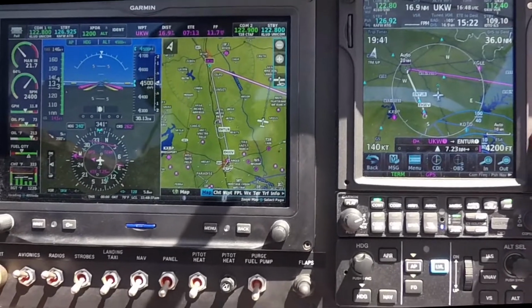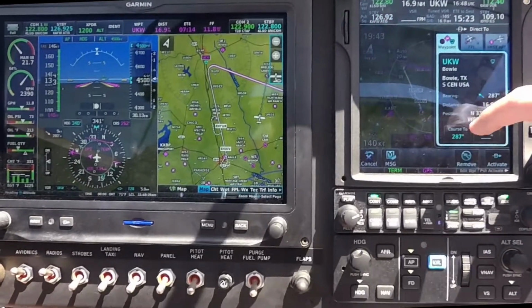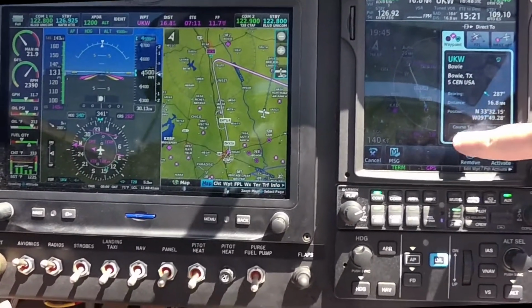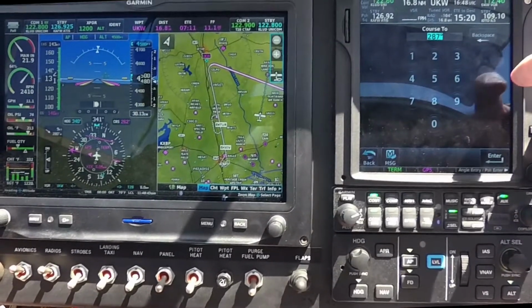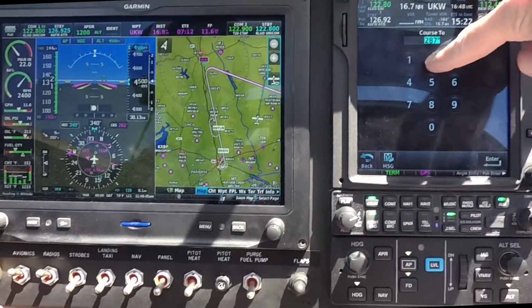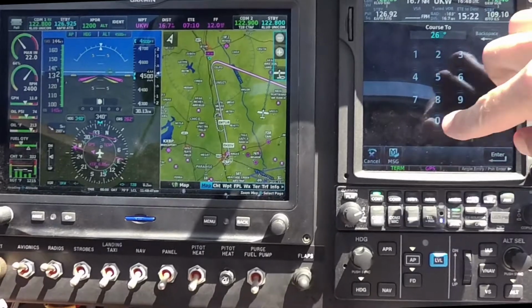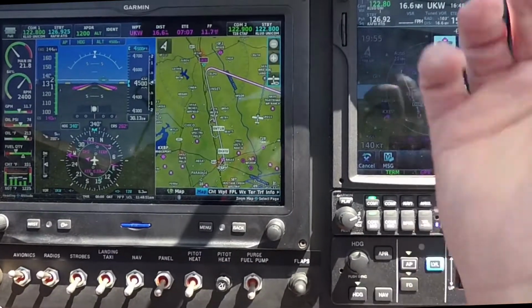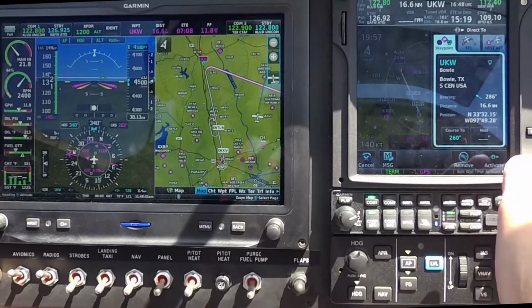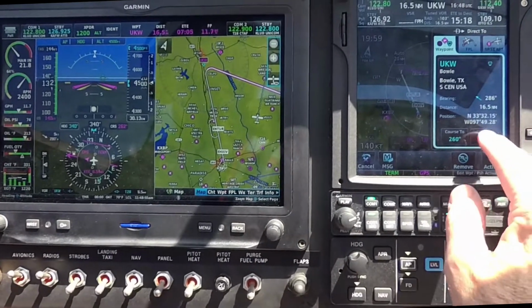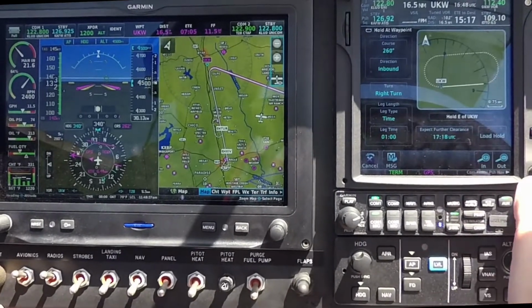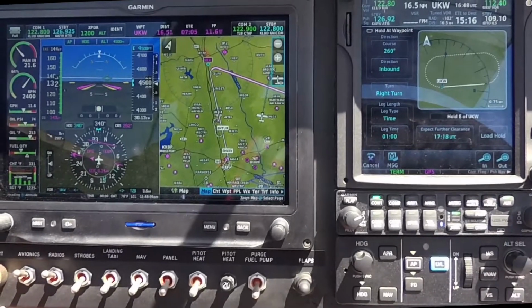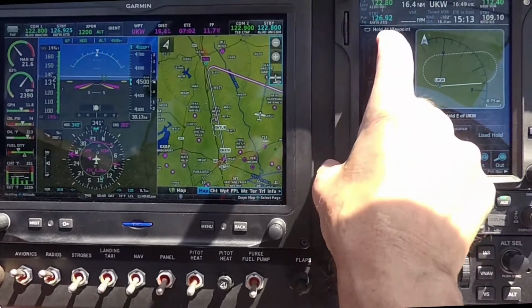So I can go again back to my direct course. I'm still going to put in my same course that I had last time, which was 260. So I'm going to put 260 in again, but the default there is just giving me the direct to course. Enter. Say, my hold. Now I want to get the 320 radial, so I do course